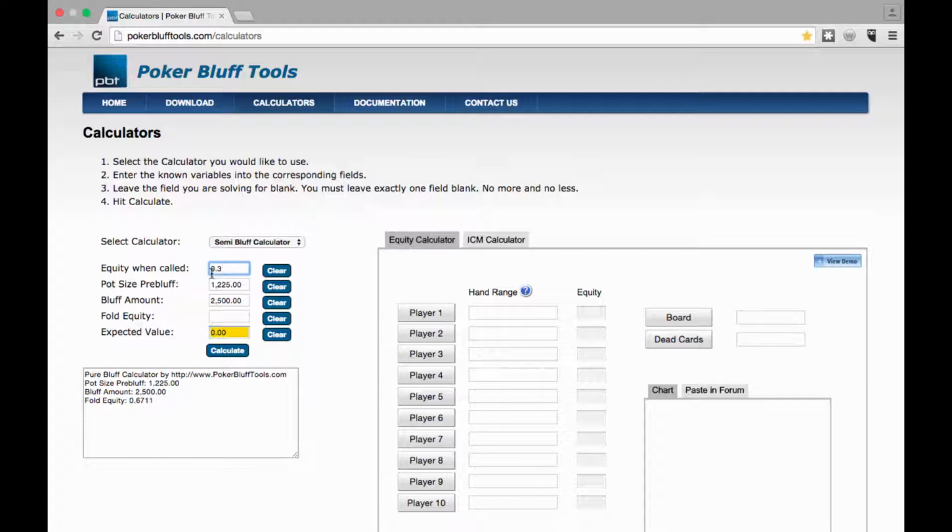And then equity when called is the most difficult thing to figure out, because you really have to go into Flopzilla like we just did and break down your opponent's range significantly, especially on dynamic boards. Like I said, it could be a maximum of 30%. It could be a minimum of 0% because our opponent might only be calling with full houses. I think a fair compromise is about 15%, and that gives us a good ballpark figure to operate off of. Again, leaving a variable open for calculation, we hit the calculate button and discover that now we only need our opponent to fold 56